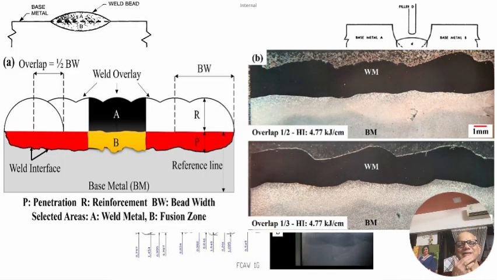As you see here in this slide now, the number of layers, the overlap has been shown as a half of the base metal overlap, which in turn comes to about 30% on this where it goes, and then the rest everything is going to see it. But another important